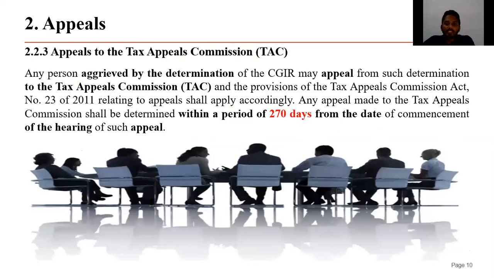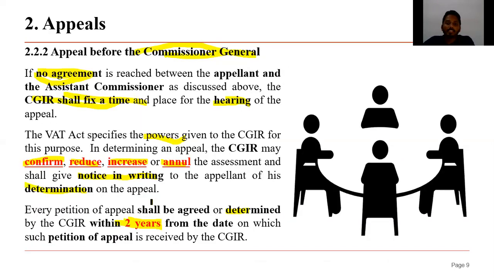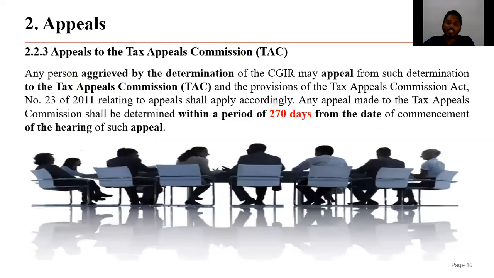Right. Let's assume the Commissioner General gives the determination for our appeal, but you are still not satisfied. The Commissioner General still says that the 200 you have to pay. We have to pay. Then